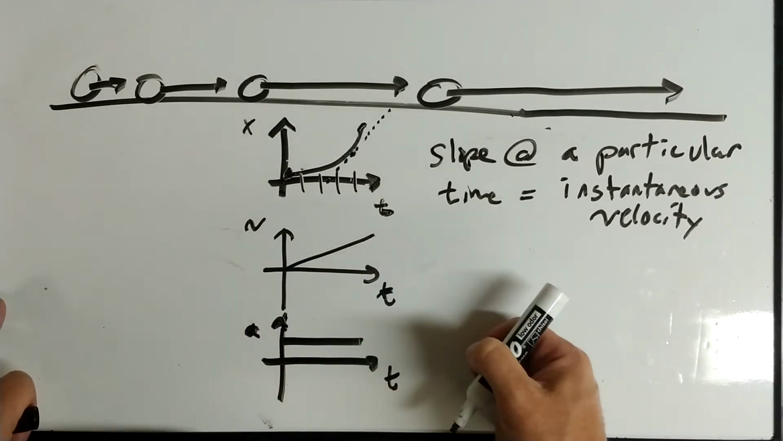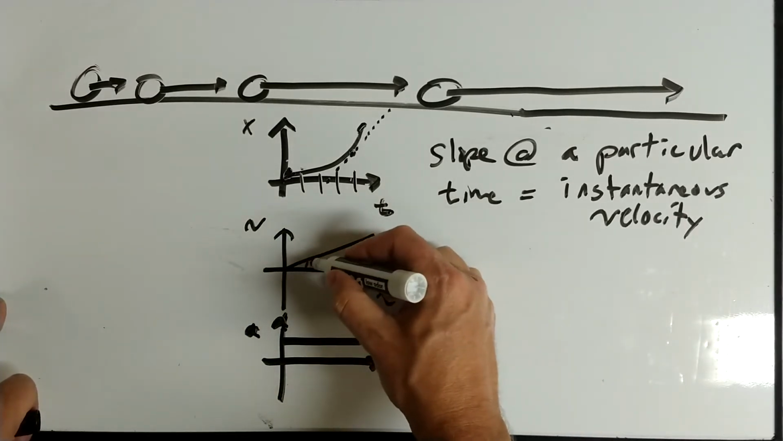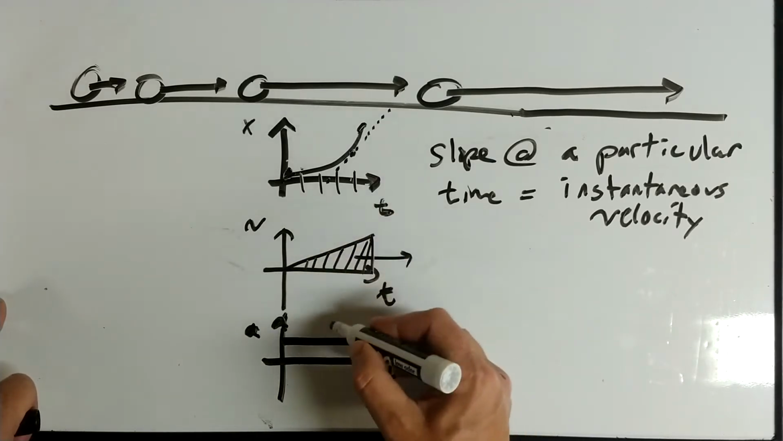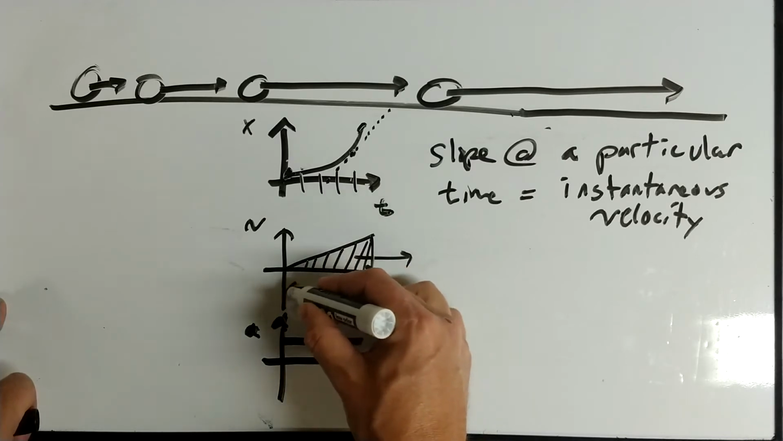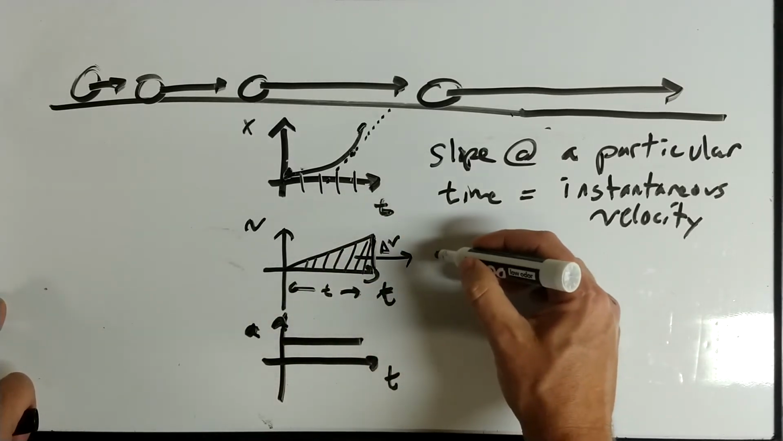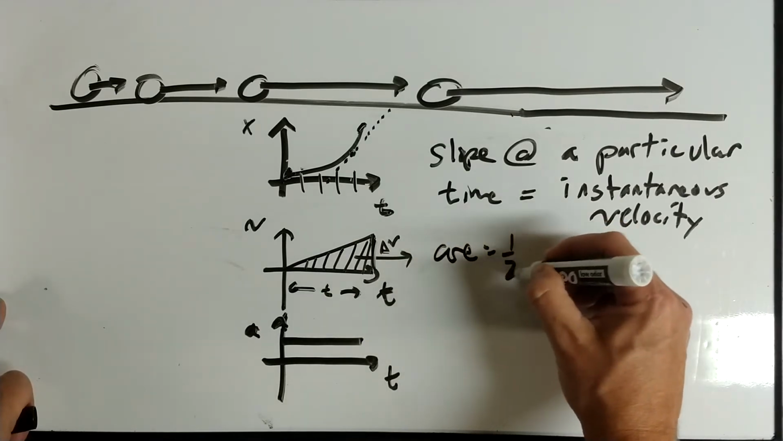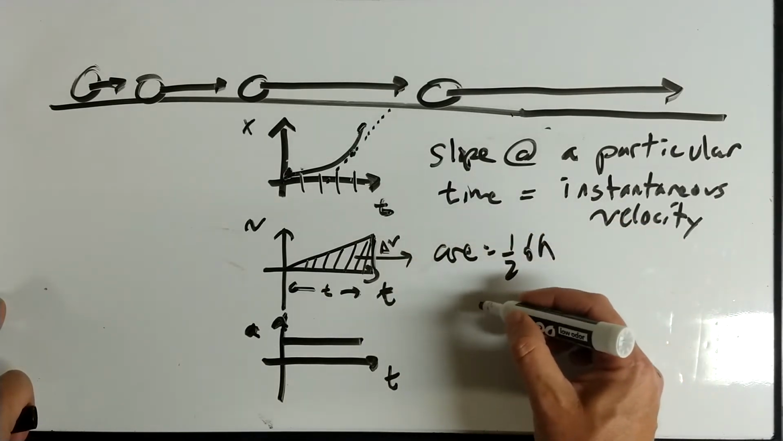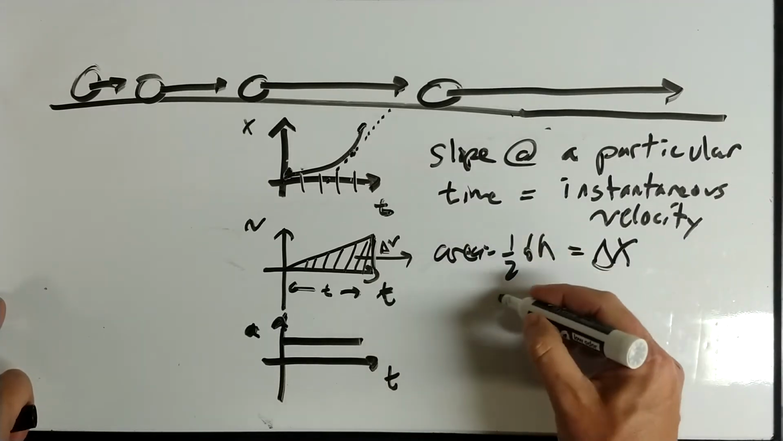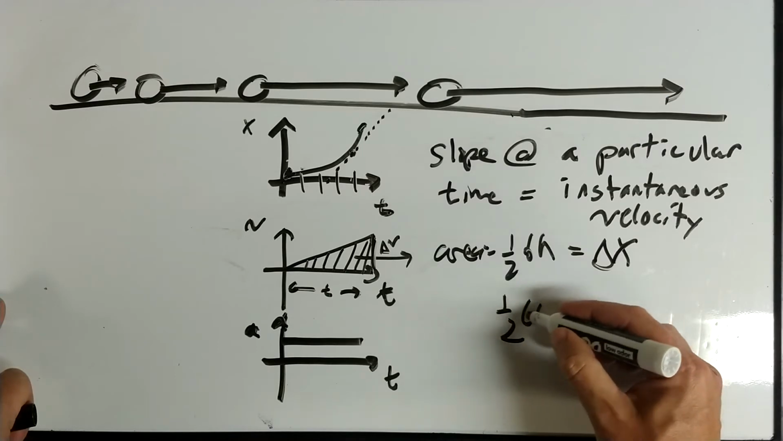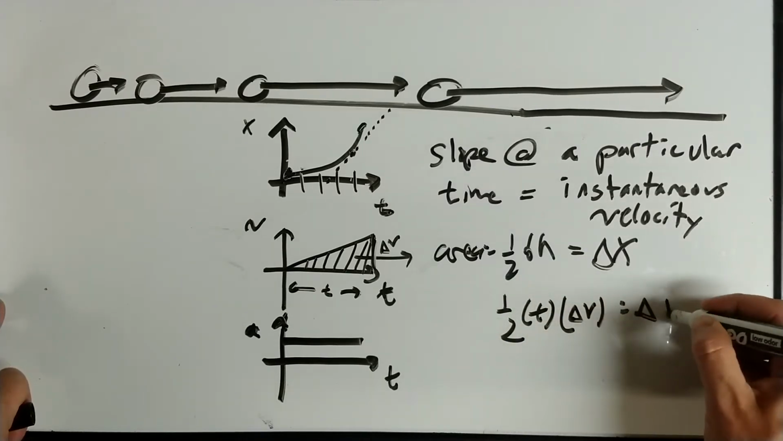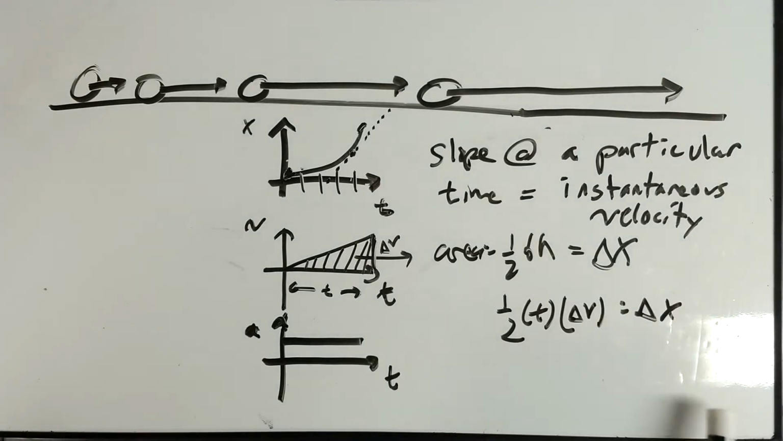Now, one thing we haven't talked about yet is what the area under the curve tells us. The area of this triangle, over some time interval t and some height delta v: area equals 1/2 base times height. That's going to give me the displacement of the object. So 1/2 of the base, which is t, times the height, delta v, equals delta x. What's kind of cool about that is